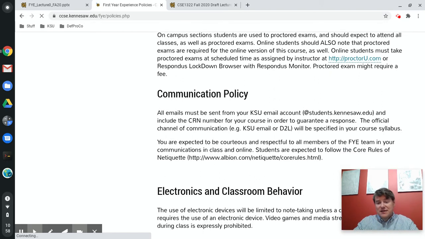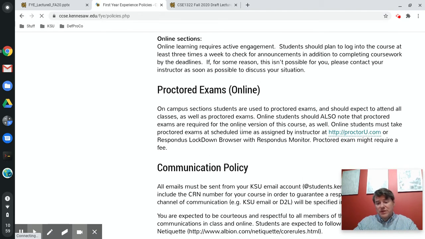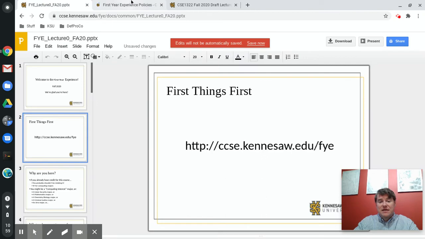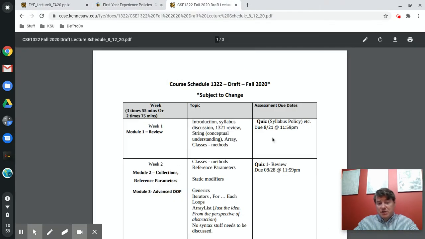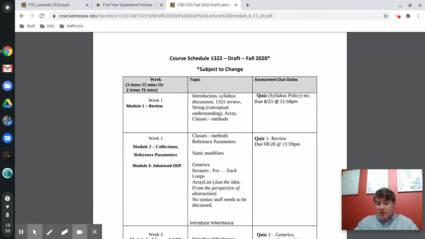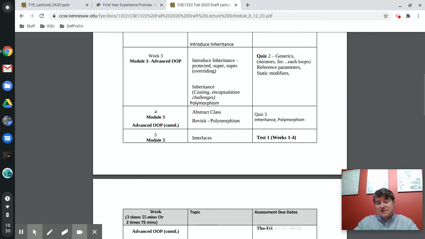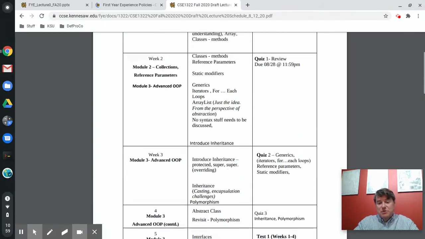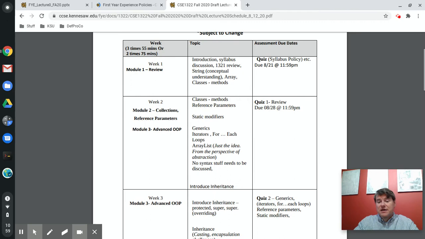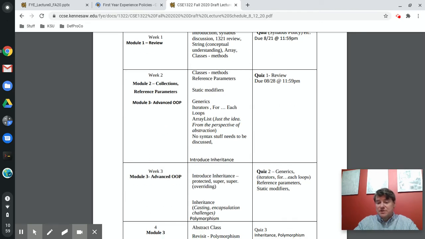When it comes to the tests, I don't think we're going to use ProctorU. I think some things have actually changed there. I don't know the ins and outs of the test, but I'll give you details about them as we go. They certainly will be posted in the schedule. So make sure you're paying attention to the schedule. And please note this asterisk up here, which says subject to change. So don't read this now, close it, and then check in on the day of the first test thinking that everything's hunky-dory. It is conceivable we might have to move the test. As you are probably aware, there's a pandemic going on and everything is crazy and the world is on fire and we don't exactly know how things are going to go this semester.